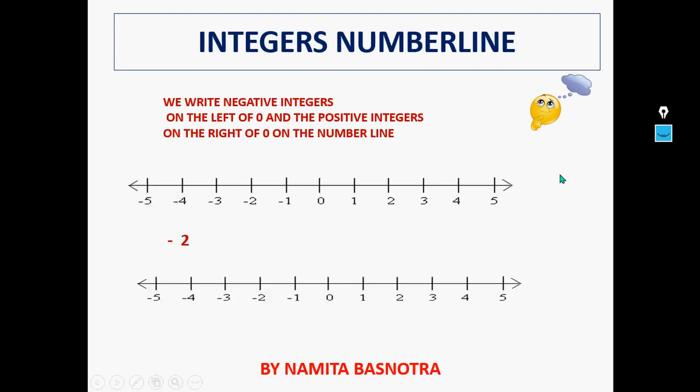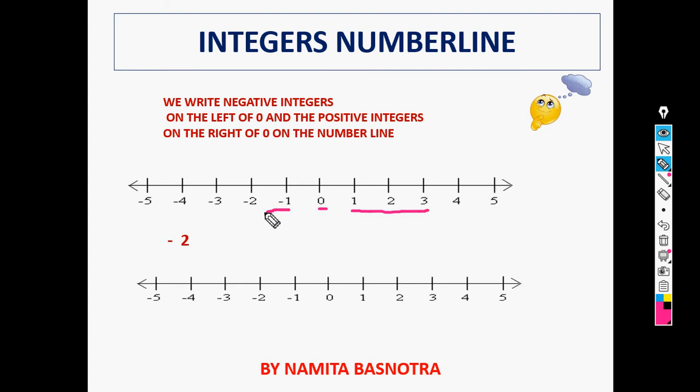So now another thing that I want you to learn in this video is how to draw an integers number line. In class 5 we learned how to draw a whole number line, and now in class 6 you should also know how to draw an integers number line. Here, as you can clearly see, we have a 0, and then on the right we have the positive integers, and on the left of the 0 we have the negative integers. So this is how you draw the number line, and it can be extended to as many numbers as you want to fit in here, on both sides.